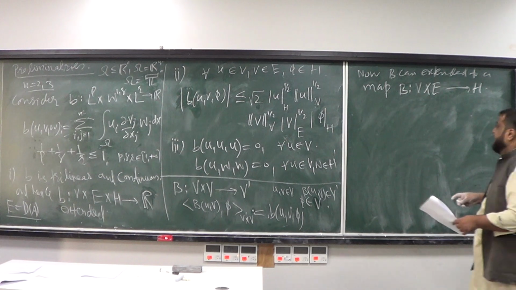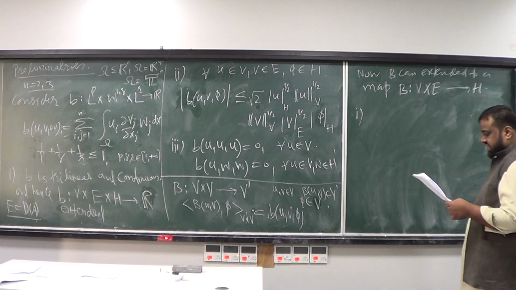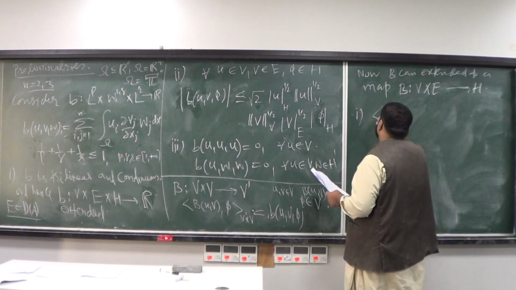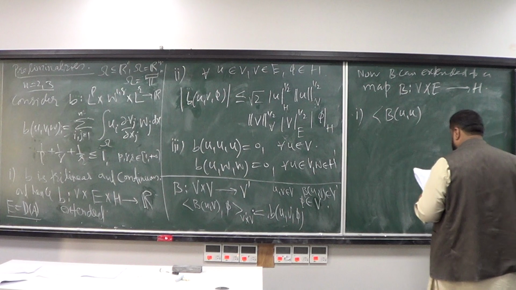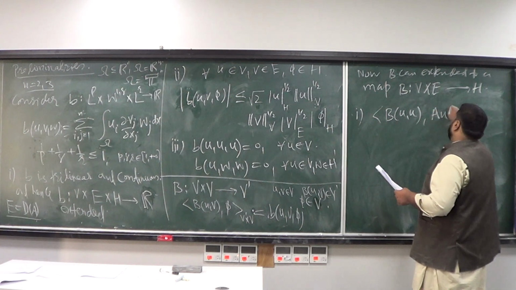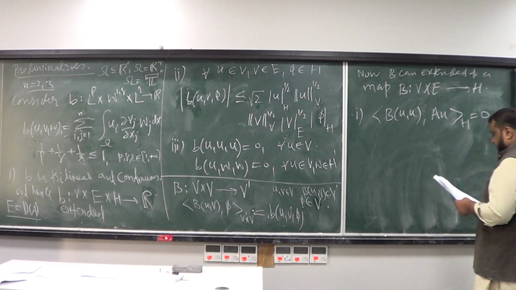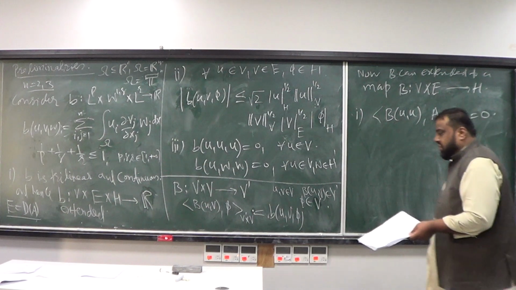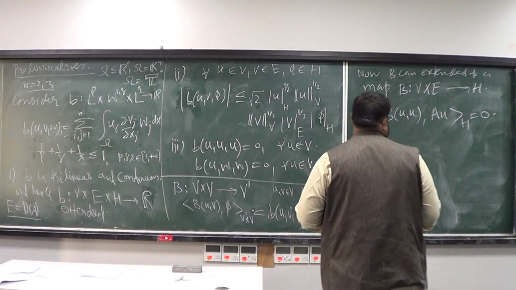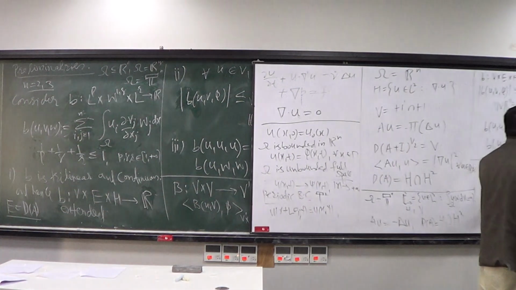Next thing, there is a key property for the B that I'm interested in. That property is that if you take, say, BUU and AU in H, you're going to get 0. So BUU in a product with AU in H is going to give you 0. This is another important key property of the B. Alright, so let me put this property here,